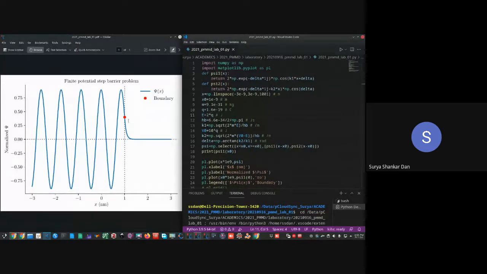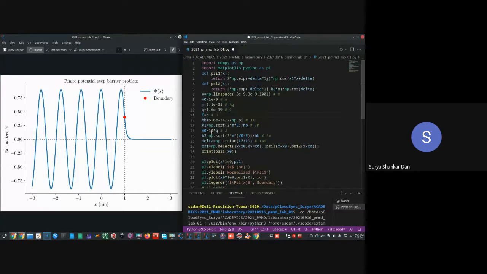So if you increase the energy of the particle, if the particles are more energetic, they will have a higher probability of penetrating inside the barrier, everything remaining the same. The mass of the particle is the electron mass, with the electronic charge. I've just increased the energy of the electron. You cannot change h bar, that is a constant. K1 is essentially derived from here.